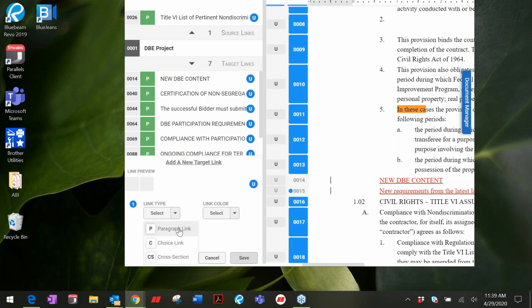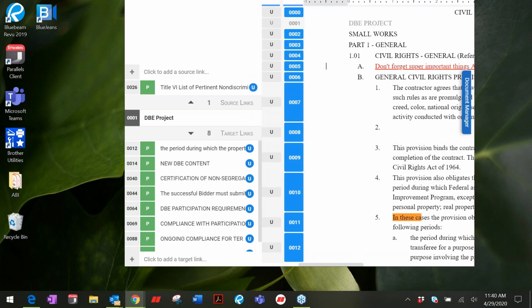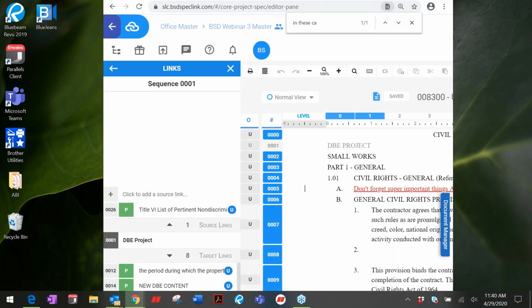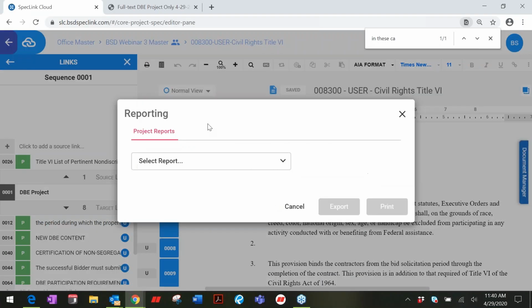I need to create a paragraph link. I need to make it green. I need to drag 12. And hit save. So now when I adjust my screen back on my thing, now when I run my report,